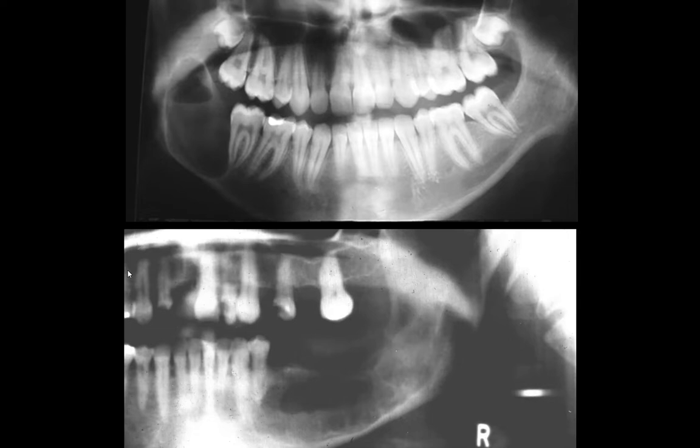So here's our radiographic features. You can see a patient who really has very little in the way of restorative work, but we have a large radiolucent lesion. It looks as if it might have two compartments to it, which is extending from the posterior aspect of this lower 7. The lower third molar is missing,